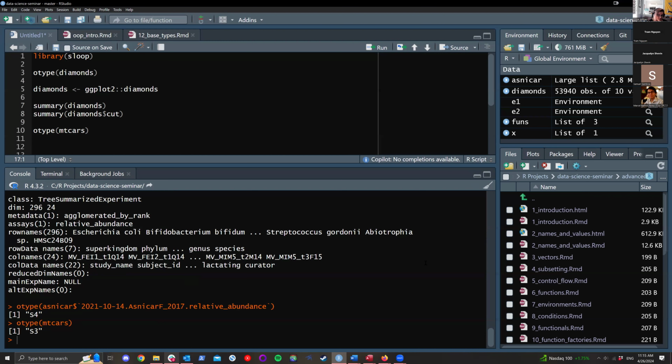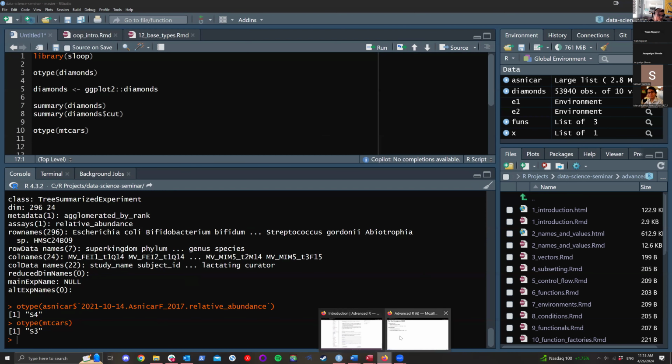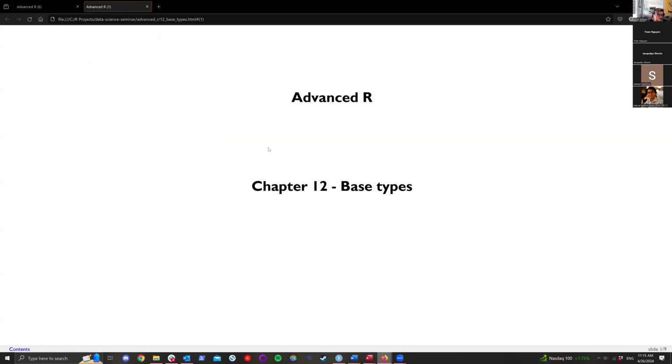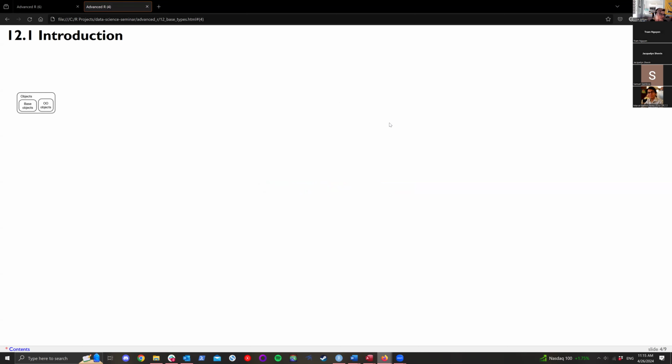So with that, if there are no questions, I don't see any questions in chat, I will switch to chapter 12. So chapter 12 is about base types. These are types that are contained within R, but first the book says we need to distinguish between